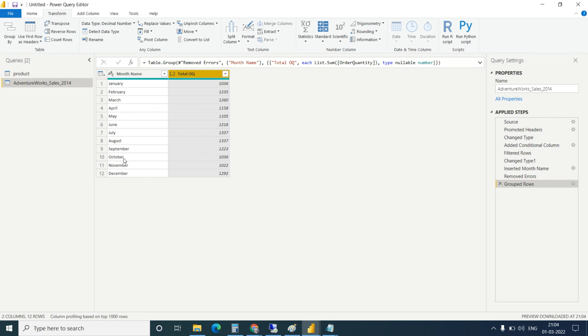Sometimes you don't get the months in the proper alignment. Sometimes you get February here and January in the last. So how will you sort this? Maybe our data should be there. Let me check. This one you understood? How did we do the grouping on the month? Everyone? Yes. Okay, so this is a group by on the month level.